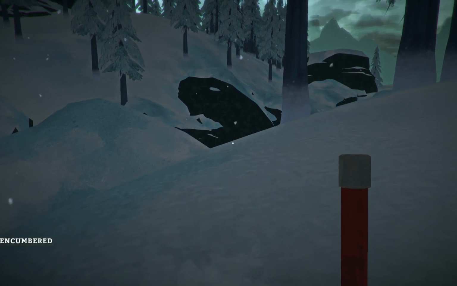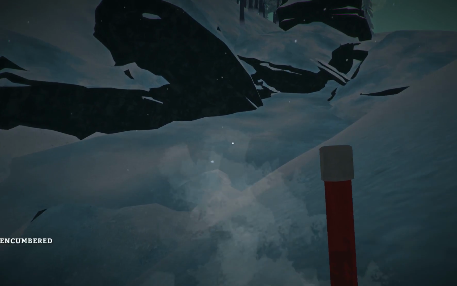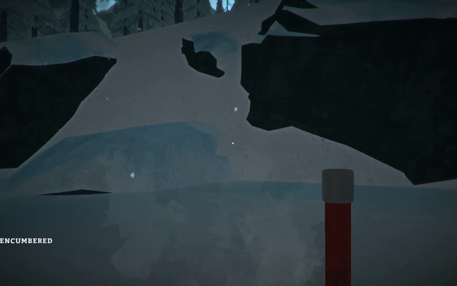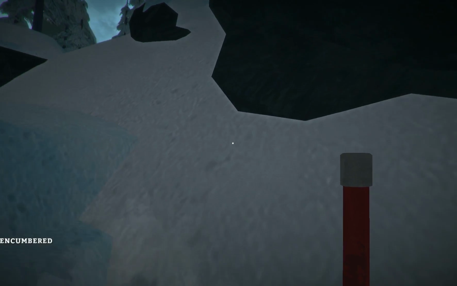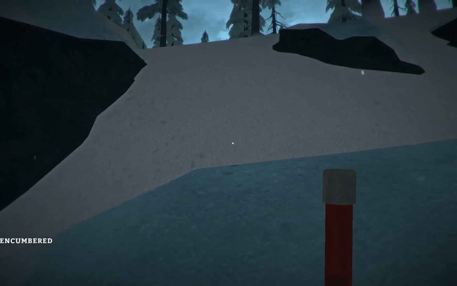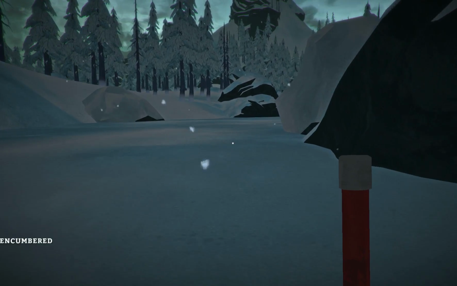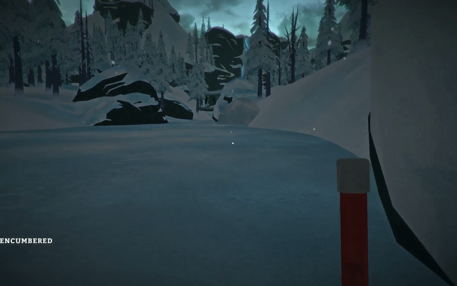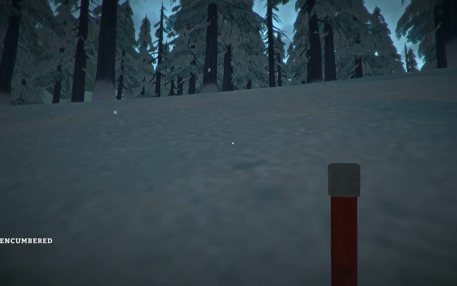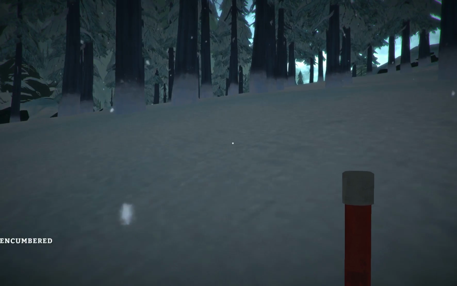Here's the stream. And then once we cross this, we'll be on our way back up. And we can't get up that incline. So let's go around here. And we can't get up that incline either. This is why bridges are so important. Okay. So now,